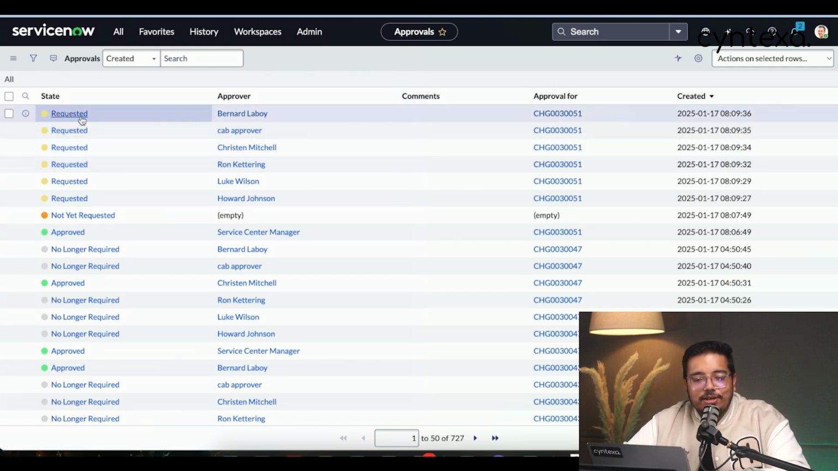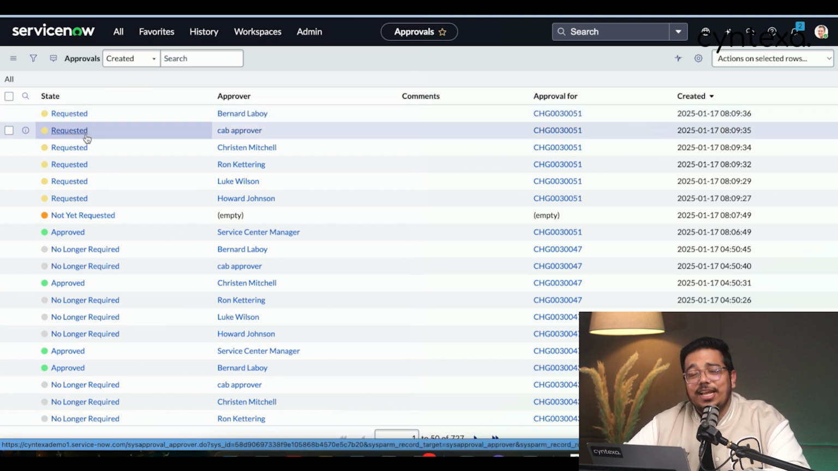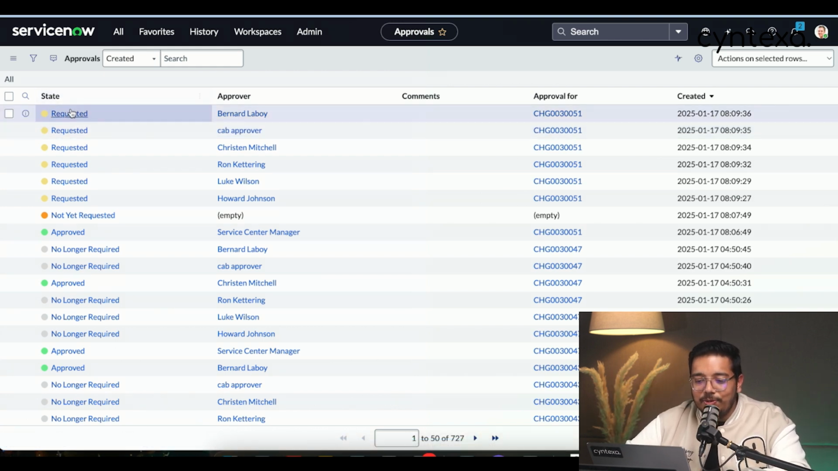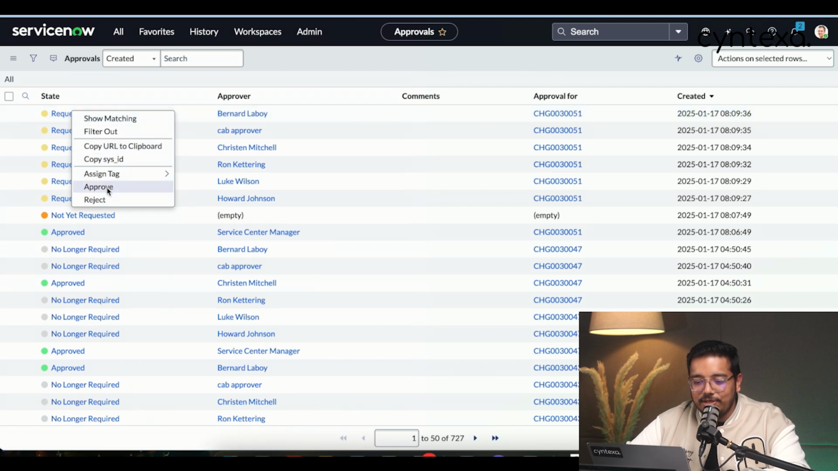Now it is submitted to the change advisory board, which is a team of 6. Again, the standard approach says there needs to be a team of 6. We can configure it according to the business needs, but typically it's 6. So I will approve this particular request. As soon as I approve it,